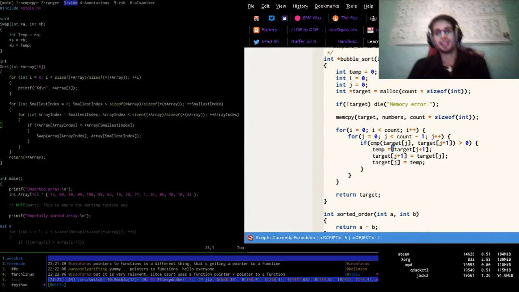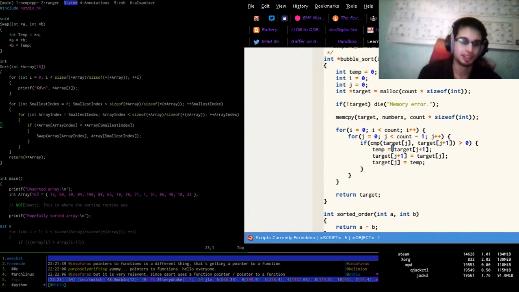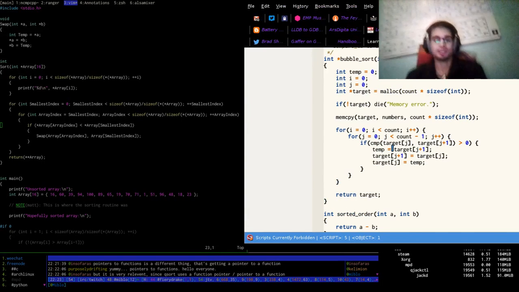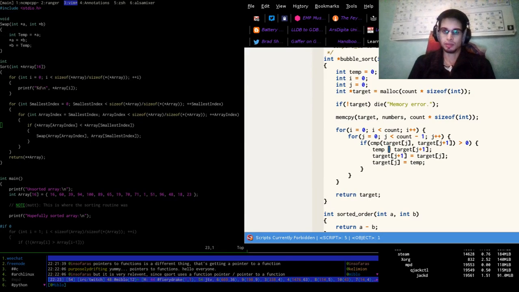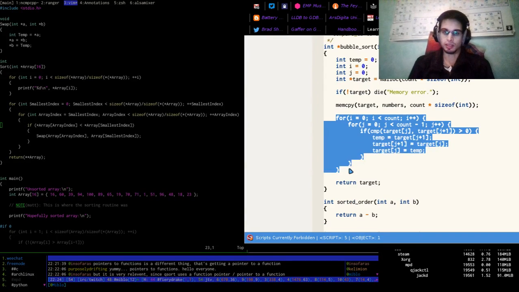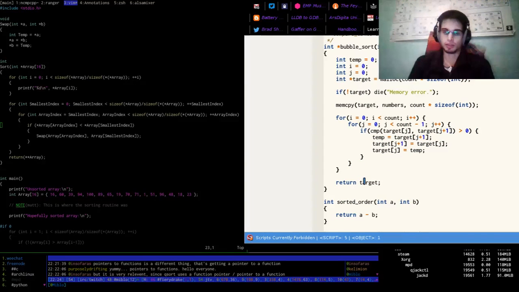Oh yeah, okay, because that was the thing, wasn't it? It was saying if the next element is greater than the previous one, then just continue, wasn't it? It's greater than 0. So compare those two things, it's greater than 0. Oh, they've got temp. It seems pretty similar to what I was thinking of. But this is it, isn't it? Return the target.